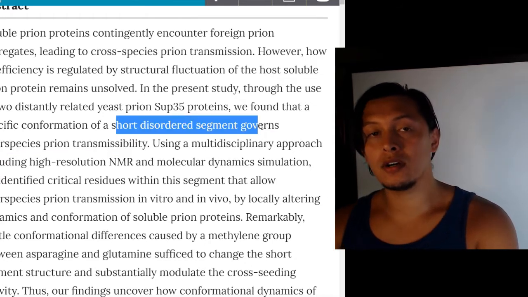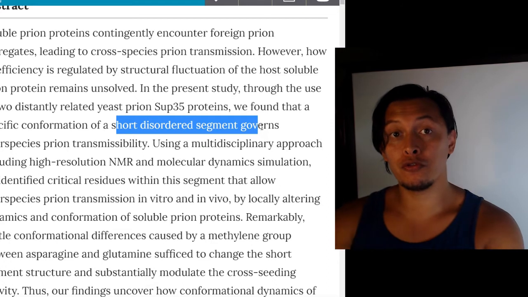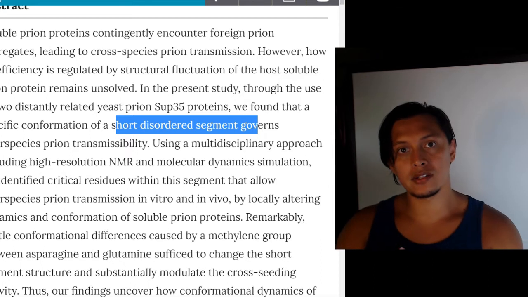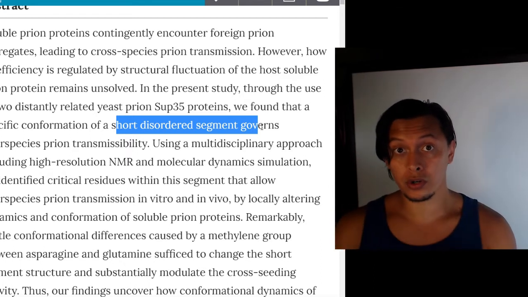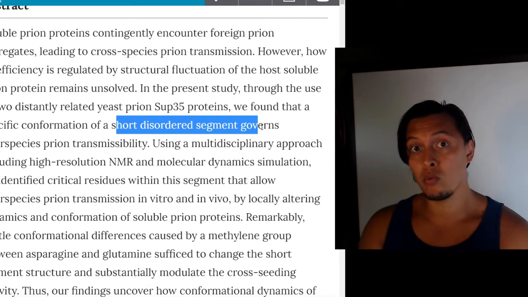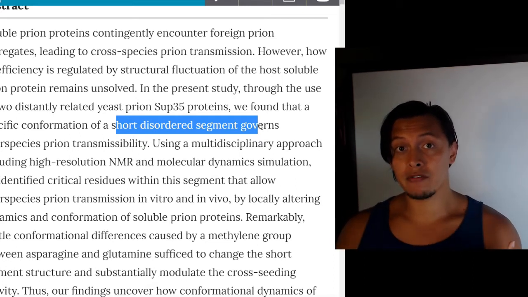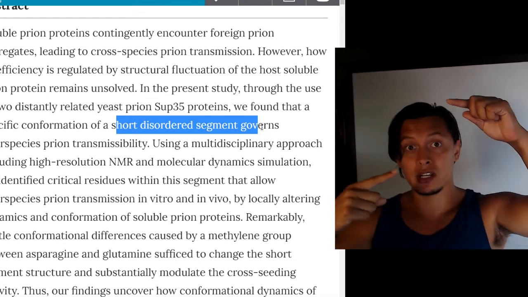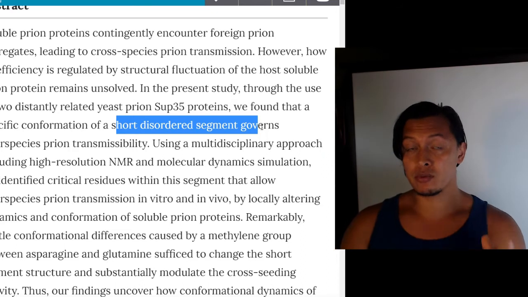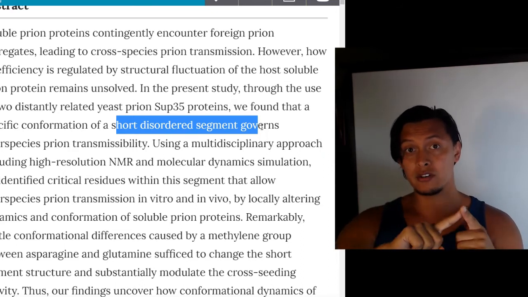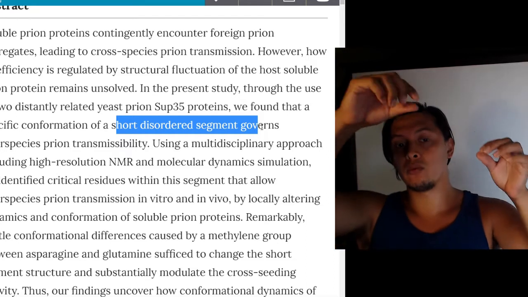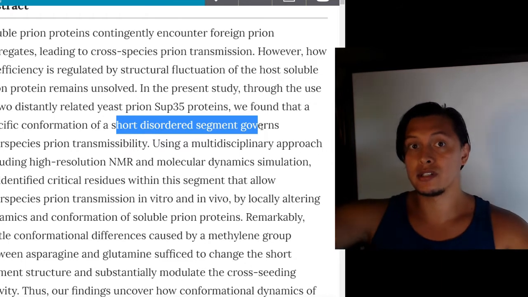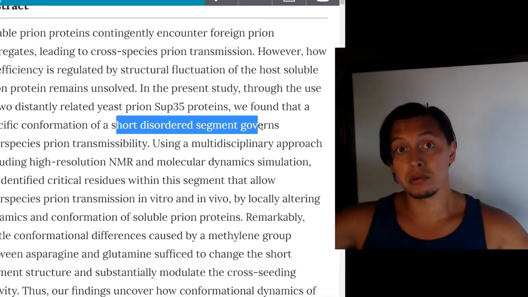So these proteins that are likely to form these structures will have small parts of their amino acid sequence that are not structured, or are disordered normally, and that's how the protein normally wants it to be. Proteins will often have a secondary structure. The secondary structure could be alpha helices, where the amino acid sequence forms a helix. You could have beta sheets, where the amino acid sequence will line up straight, and then it will bond with another straight beta sheet or another line of amino acid sequences. And then if you have multiples of these sheets, you can form planes.